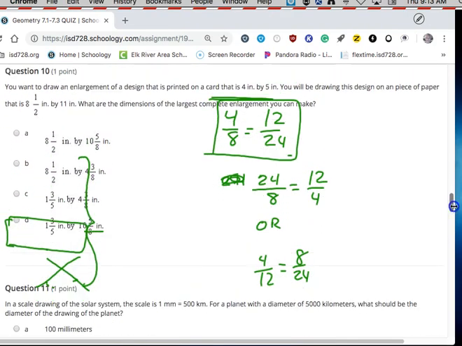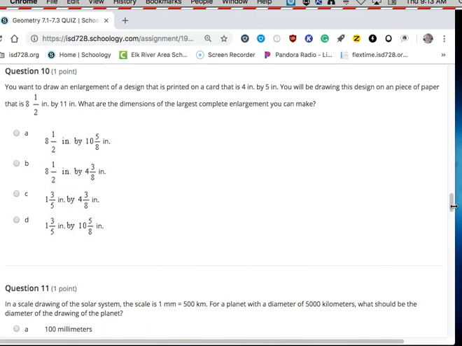In question 10, you want to draw an enlargement of the design of a card that's 4 inches by 5 inches. You'll be drawing the design on a piece of paper that's 8.5 by 11. What are the dimensions of the largest complete enlargement you can make? So I've got two choices. I have 4 to 8.5 as 5 is to x, to see if that's big enough. 4x is equal to